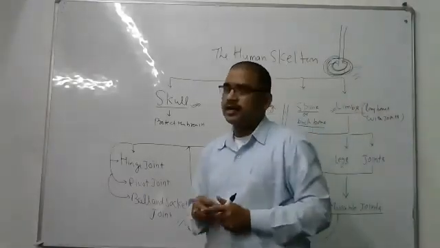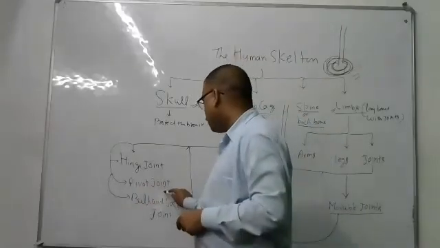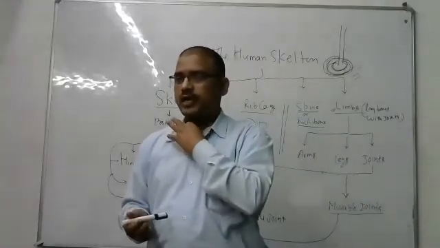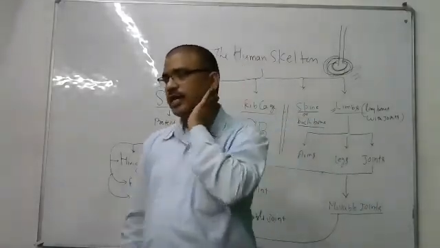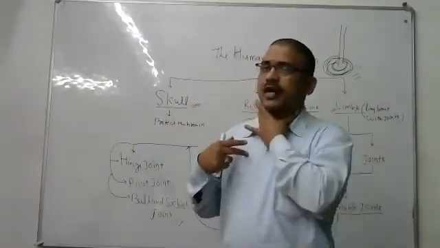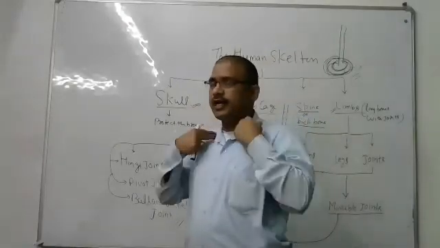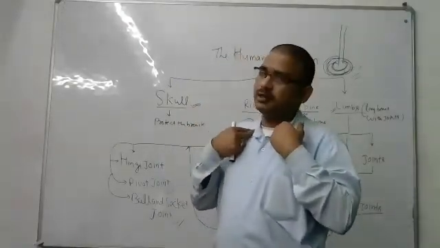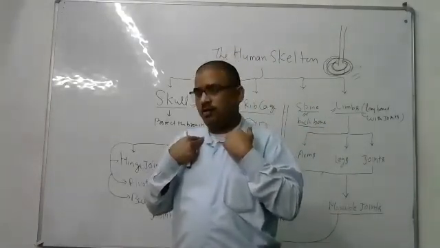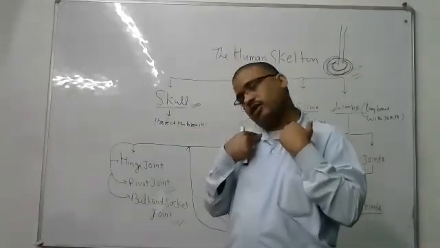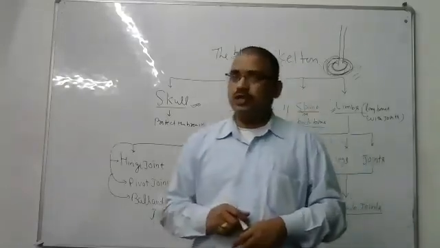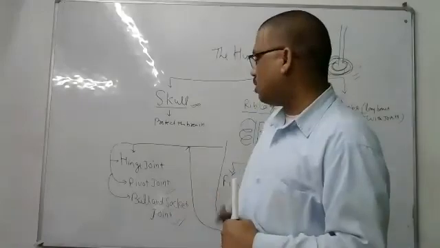There is another kind of joint called a pivot joint. What does a pivot joint mean? Take the neck joint, where the neck is joined directly with the chest part. This gives rotation to the neck, so it can rotate all around, and left and right also. This kind of joint is called a pivot joint. That is all about the joints.